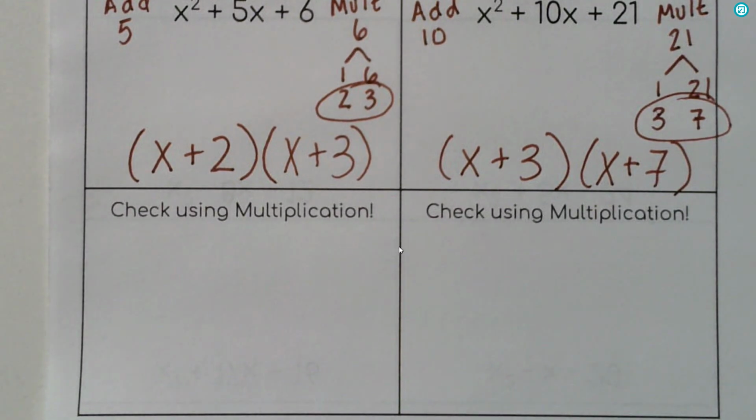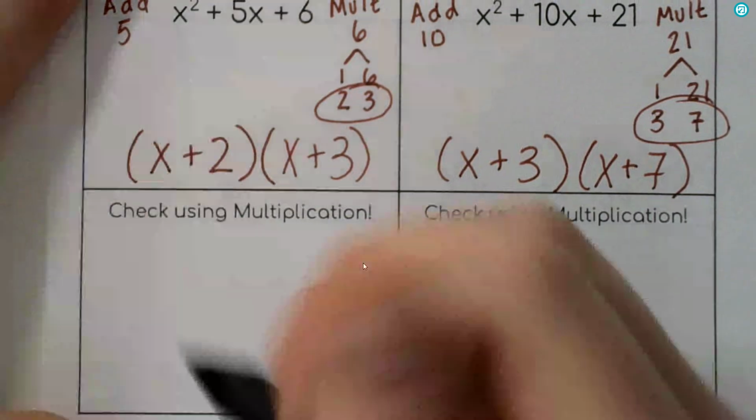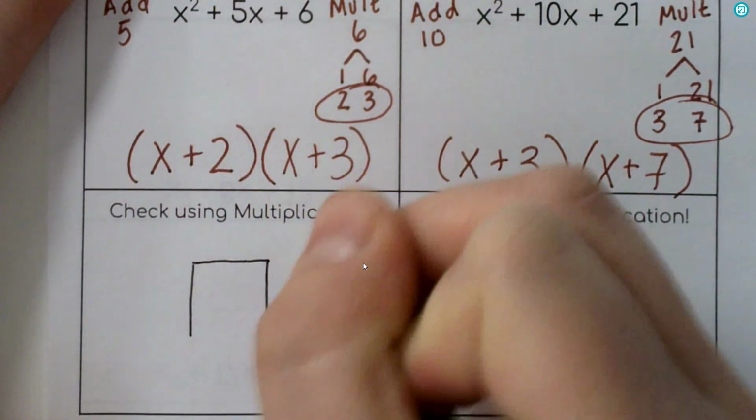Okay, we are going to check 2 problems using multiplication, just these 2 on the front. We're not going to do it for the examples on the back, and I'm not going to make you do it on your assignment. But I want to show you guys that this is the opposite of what we did in 5.4. I need you to see it. So this first one, when we check it, let's use our little table, because I know some of us liked using that. So if I were to do a little 2 by 2 table,